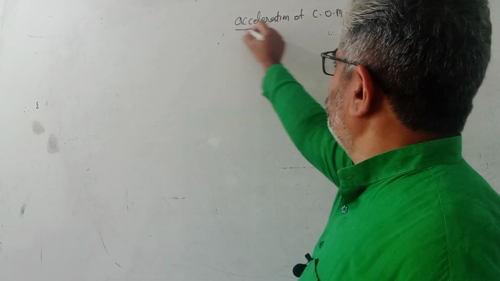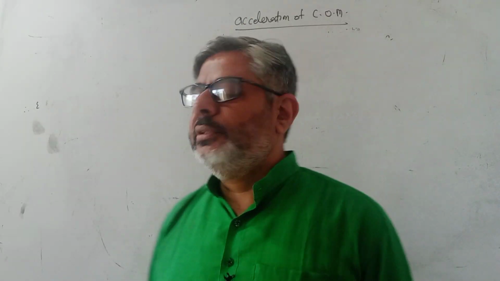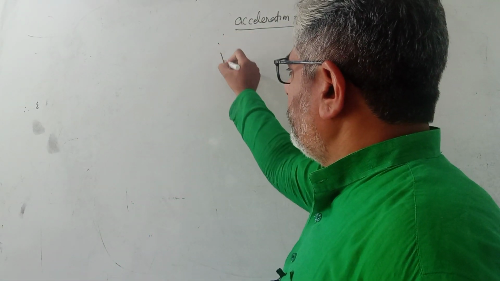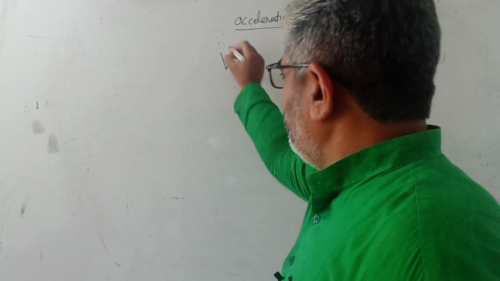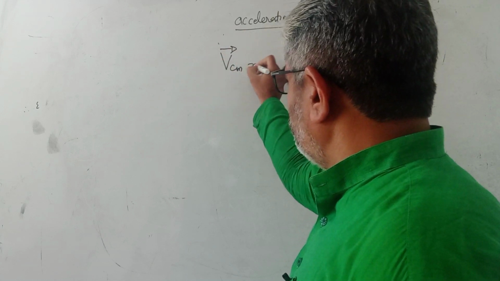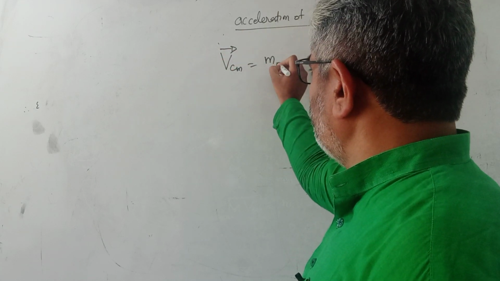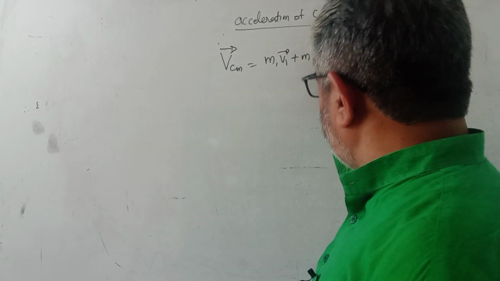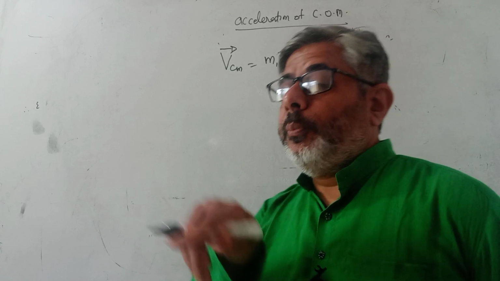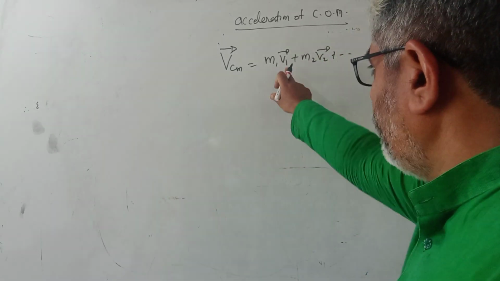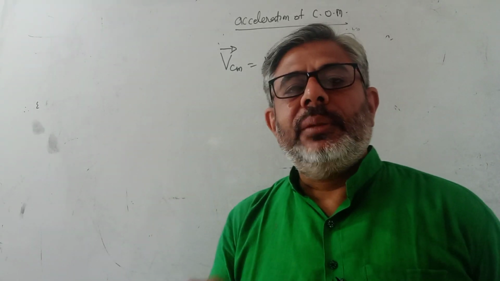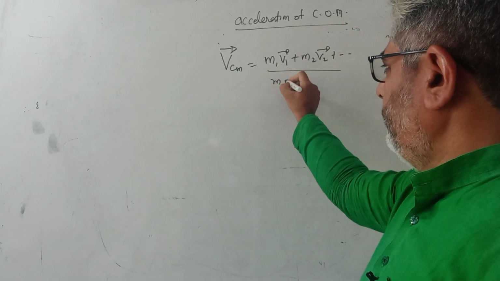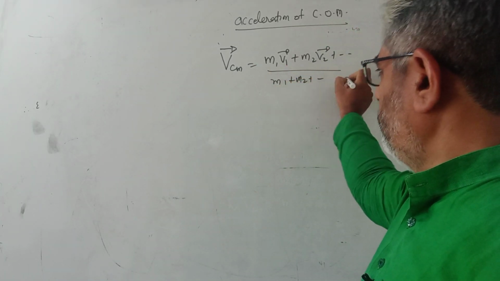Whenever you see COM, understand that it is center of mass. So when I said velocity, I said VCM, and if I write it in vector form, the proper way of writing is this: m1 into v1 vector plus m2 into v2 vector, because I took plus and minus signs. If I just write v1 v2, you may make the mistake of not choosing the direction or sign, upon m1 plus m2 plus so on.